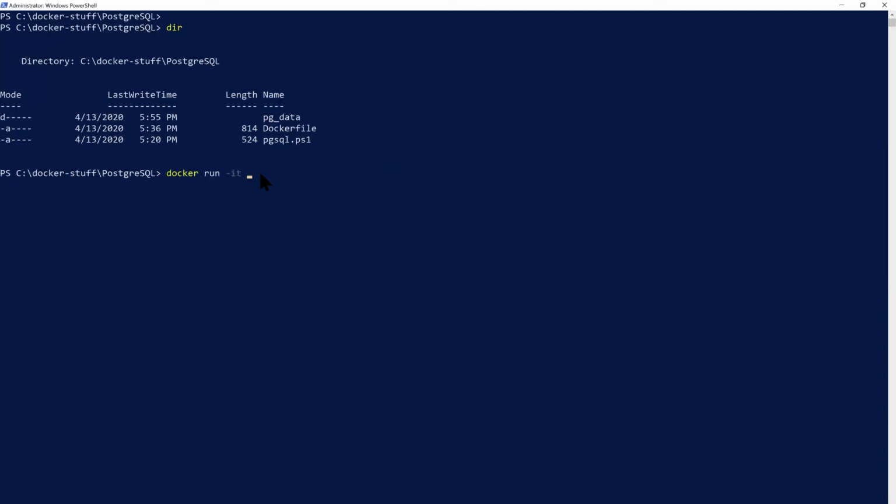And I want to run a container, docker run -it, and then I want to provide a name to this, win_pgsql_container, and I want to specify a host name, Windows pgsql container, and then port 5432 is the default port, and I'm mapping the same port of the host operating system, and I want to mount my host operating system path inside the Docker container, and this is C docker-stuff, PostgreSQL,